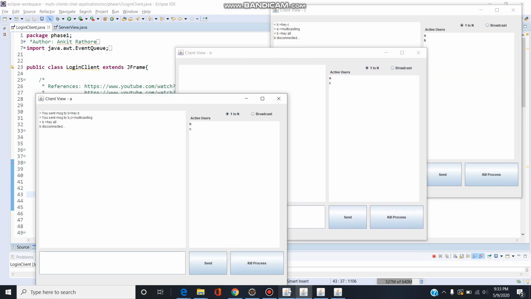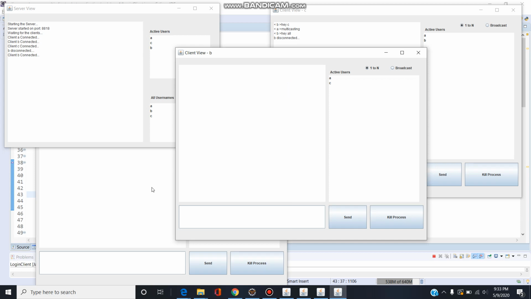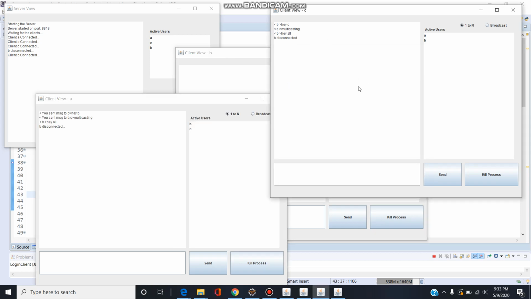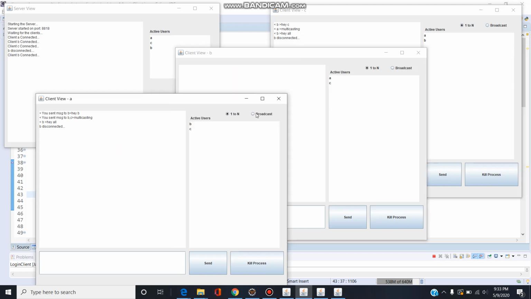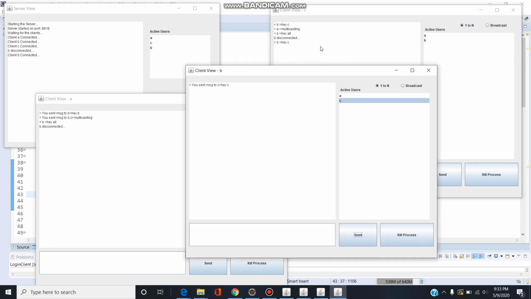Right now on the server view, the active users are A, C, and B, and on this client's board also, for C, A and B are active right now. So I can send a message again. If I send a message to C, yeah, this is the same thing happening here.